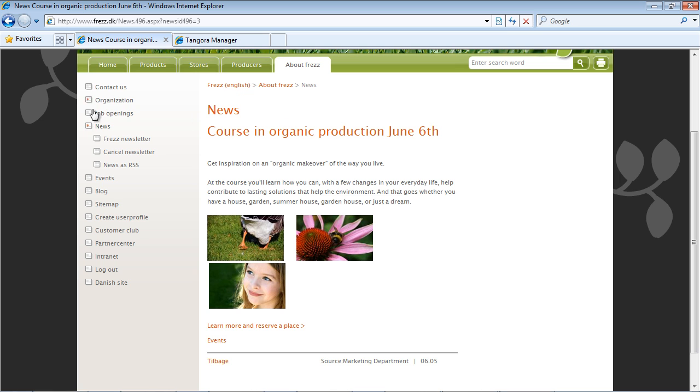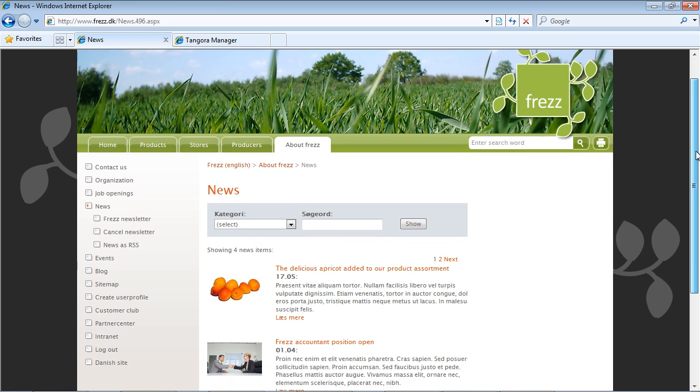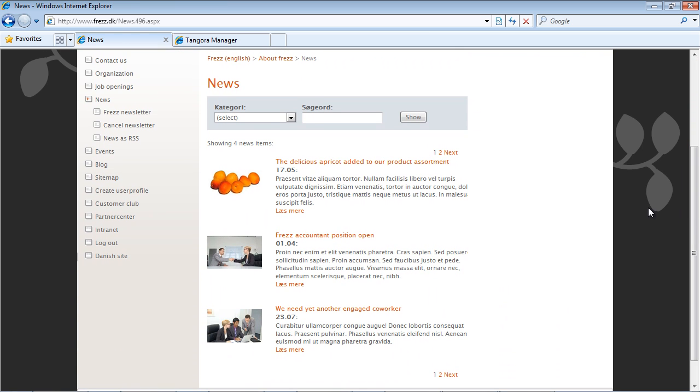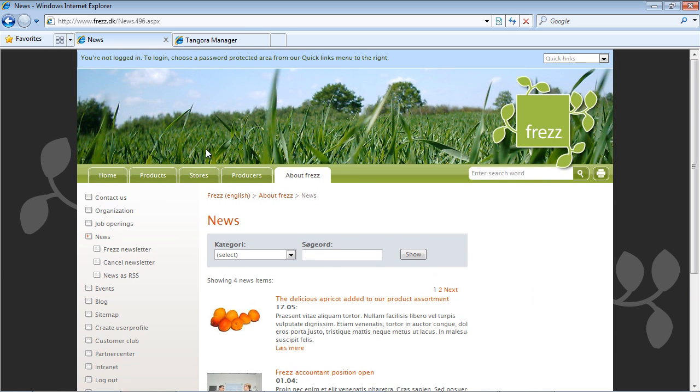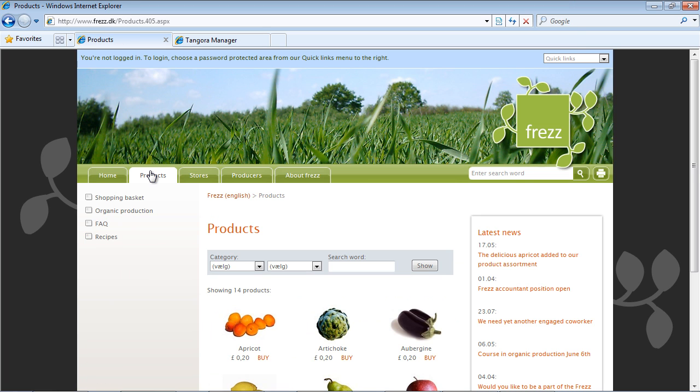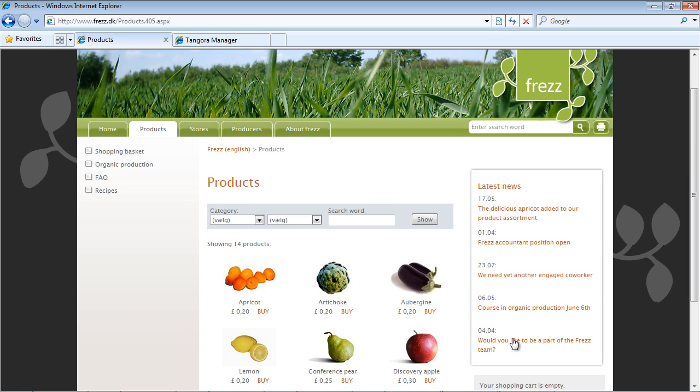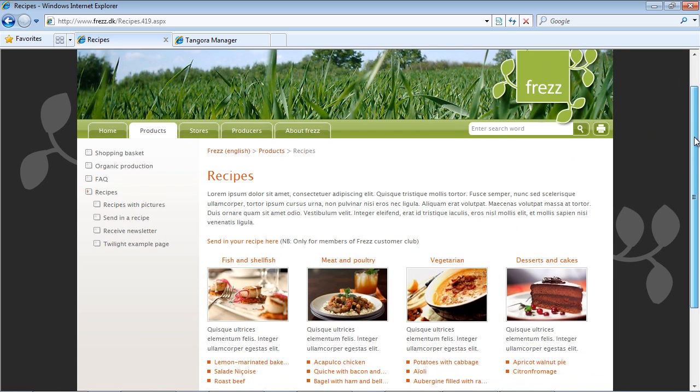The layout is fully customizable, so I show only those elements which I deem relevant. For example, I could omit an image in the overview, or I could choose to show more news items on an overview page, just to name a couple of examples. To further illustrate this point, and to show another aspect of how this ability to customize can be really useful, I'm going to jump to another page in my solution. In here I just want to point out that I have a news teaser in the right-hand column. Whether or not this column appears can vary from page to page depending on if I deem it relevant.